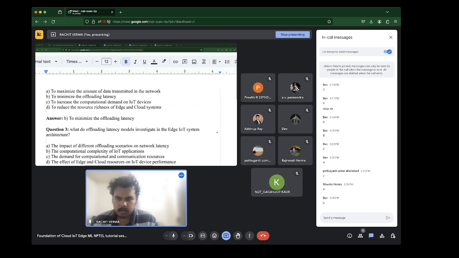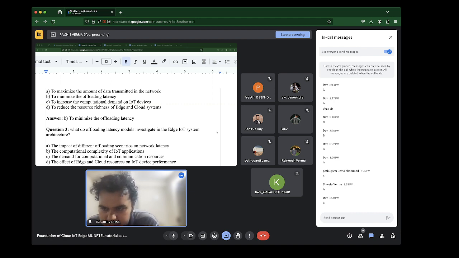So this is also pretty straightforward, but what do offloading latency models investigate in the edge IoT system architecture? Is it A, the impact of different offloading scenarios on network latency? B, the computational complexity of IoT applications? C, the demand for computational and communication resources?